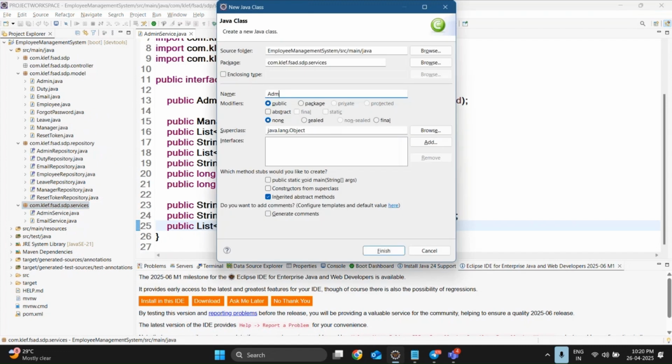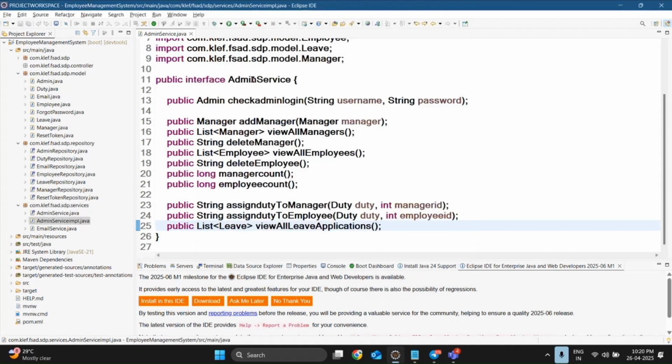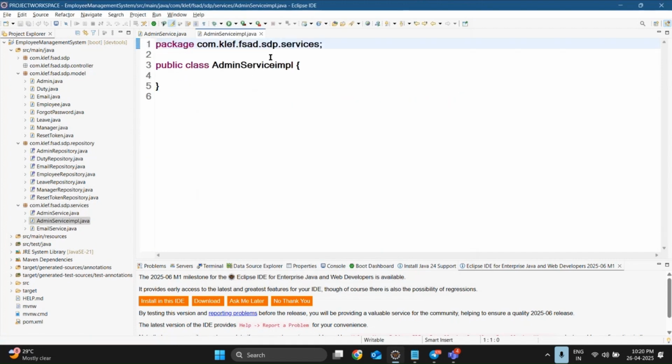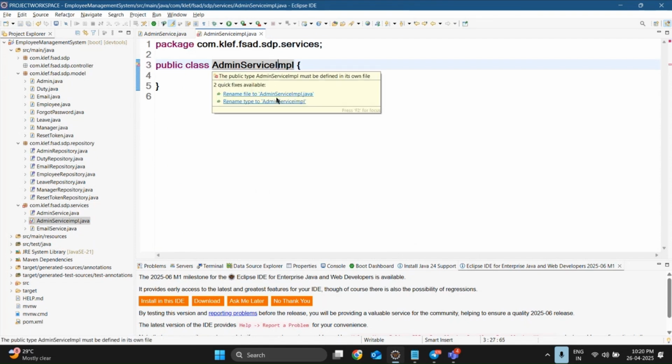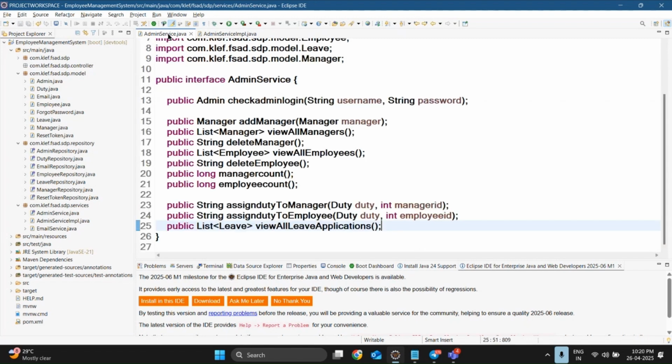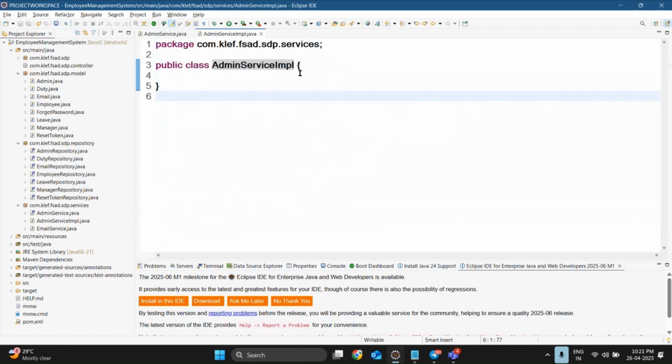Go to class AdminService. Impl. Done. Impl, I short. So let me rename file to Impl.java. Done. So let me come back. Let me complete this implementation. Implements